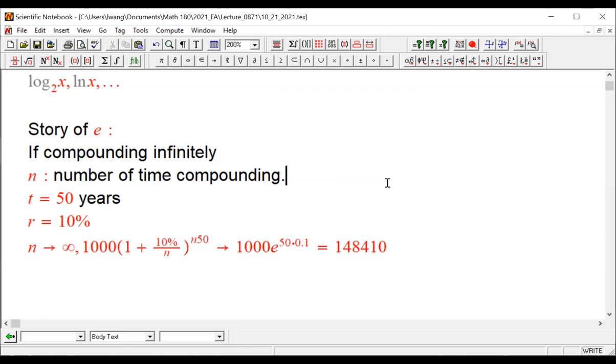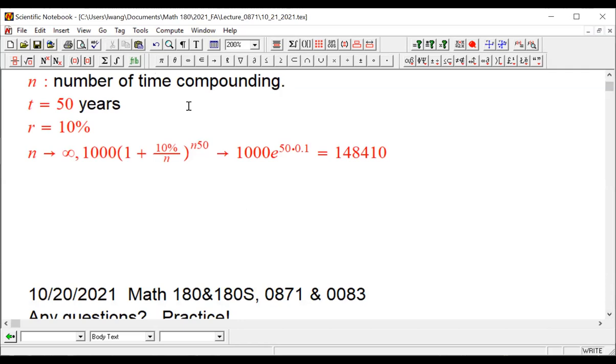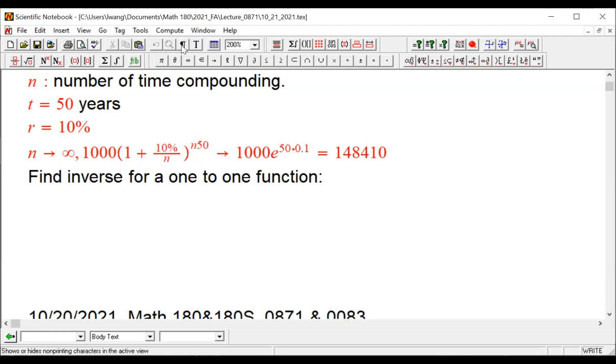Could we review how to find the inverse of a one-to-one function? To find the inverse of a one-to-one function, first you have to determine this is a one-to-one function, right? The basic step is step 1, step 2. Step 1, you have